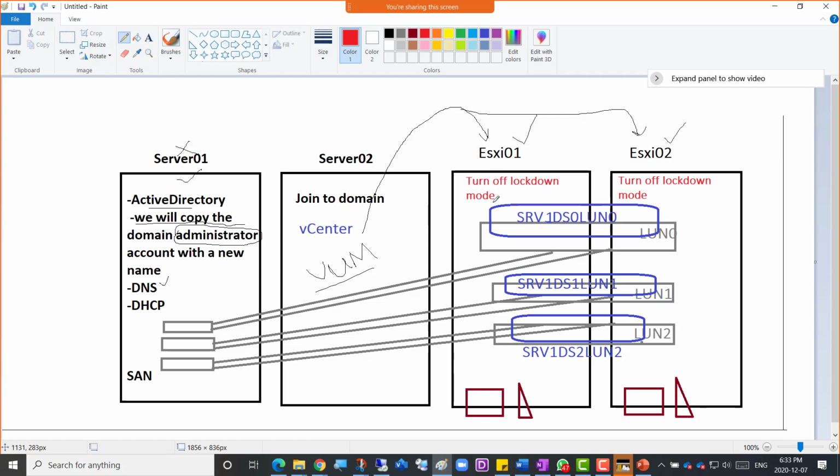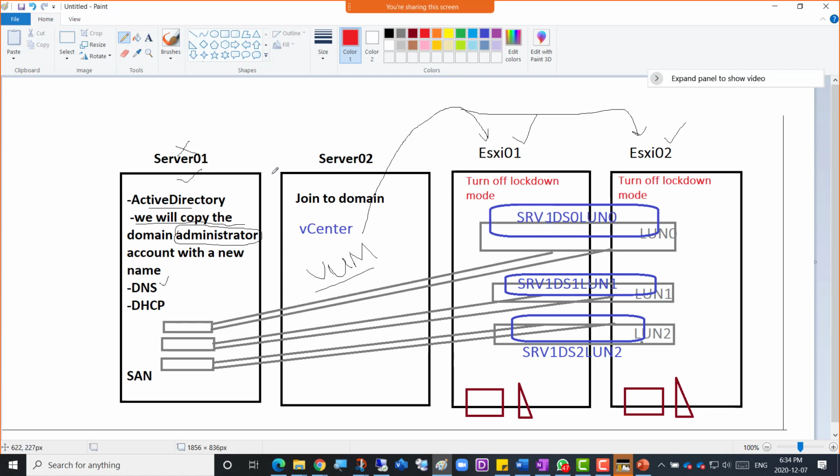But temporarily, when we are putting the latest patches on the hypervisor software, we need to turn off the lockdown mode just for that task, right? Obviously you would do that on the weekends when nobody's connected, and you would request a downtime from all the users. So that's turning off lockdown mode.